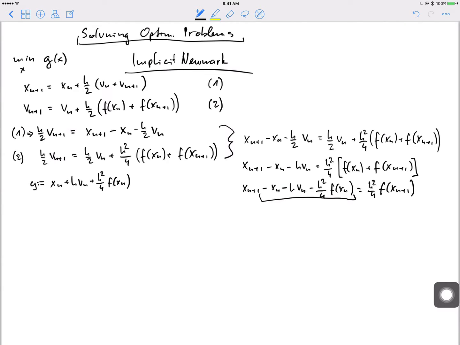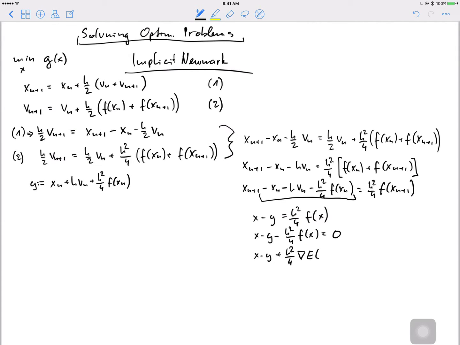So if I do this and instead of x_{n+1}, I will just write x, then I can write this as x minus y equals h squared over 4 times f of x, okay? Or equivalently, x minus y minus h squared over 4 f of x equals 0, right? Which I can also write as x minus y plus h squared over 4 times the gradient of the potential at x, okay? And as we discussed last time, this